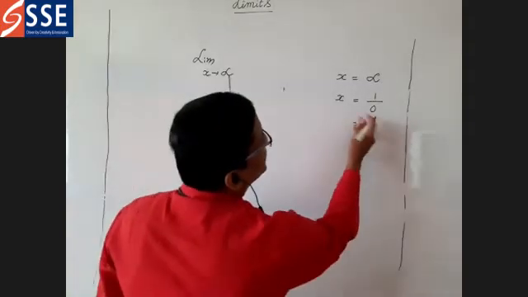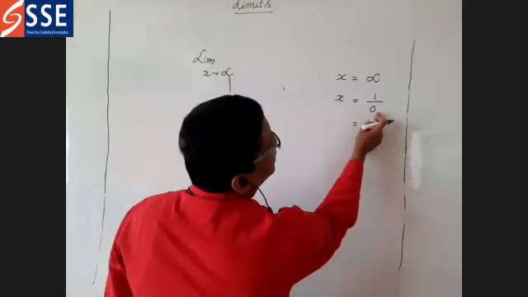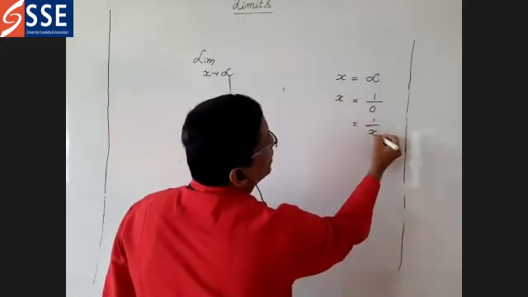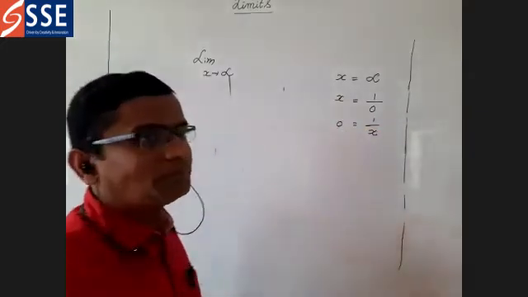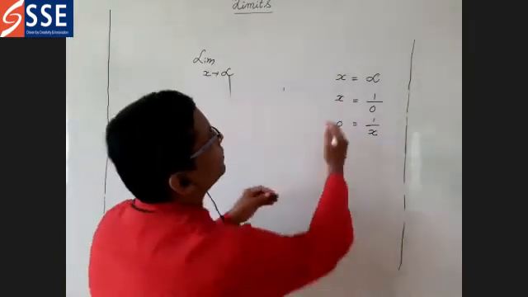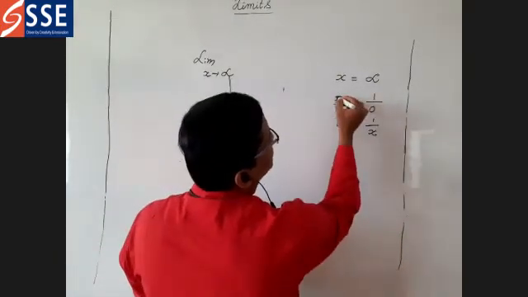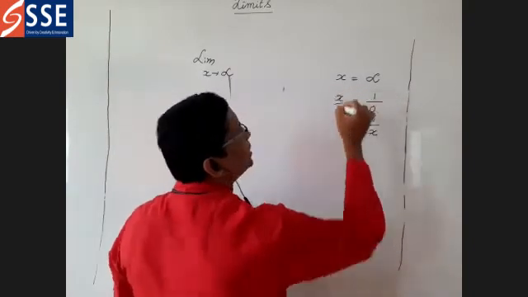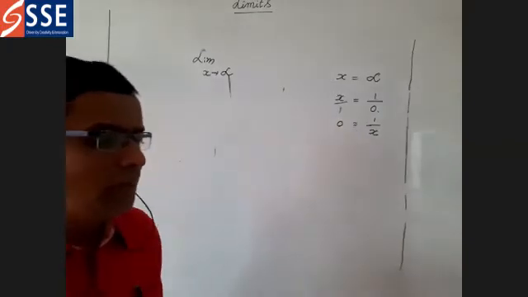Now you interchange these two. Why? Because this is in denominator, this is in numerator. Interchange these two. So what it becomes? 1 by x is equal to 0. Why? Because this is x by 1. Just interchange, that's all. This is in numerator. If you bring this side, it is denominator. This is denominator, it goes that side, it became numerator.